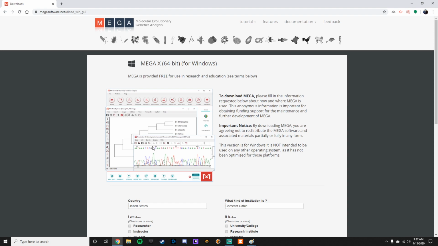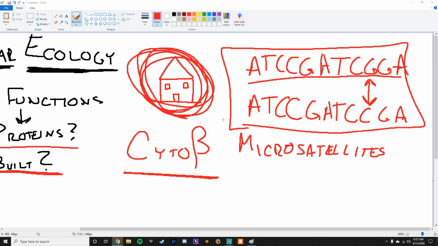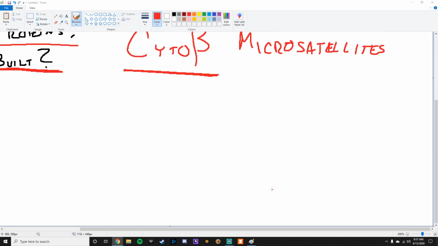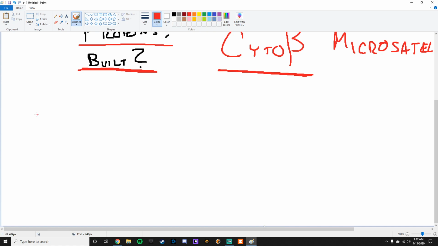You could type in humans, chimpanzees, all of this other stuff, and it'll build a phylogenetic tree and show you the frequency of how often letters show up. This is the information molecular ecologists use to determine where a species falls in the evolutionary chain compared to its other relatives. At least that's what has been done previously. So what is being done currently? Currently, what a lot of molecular ecologists are doing is looking at